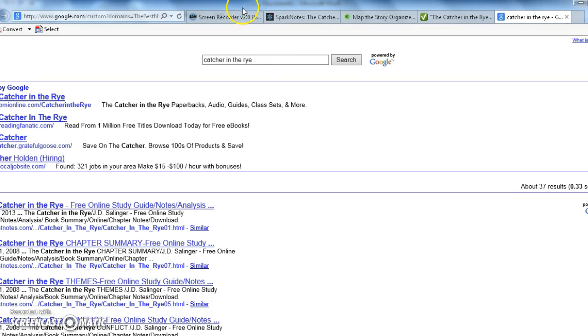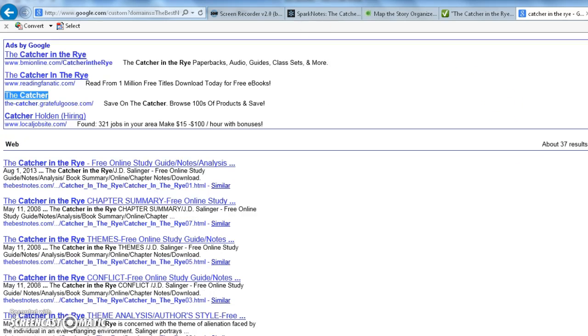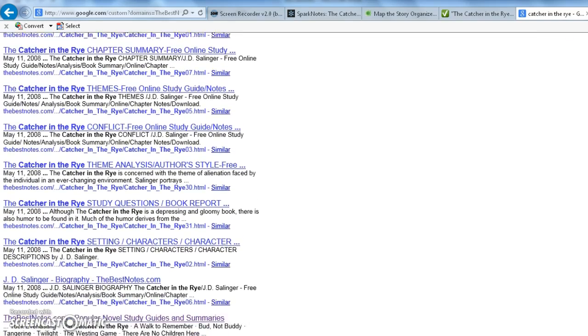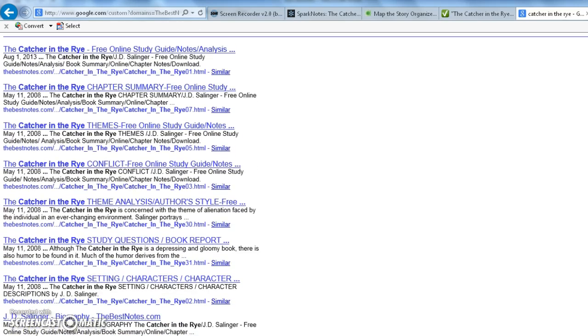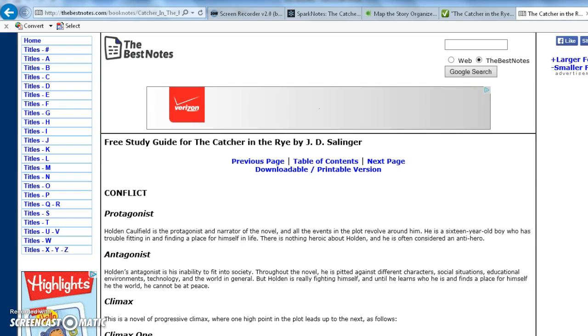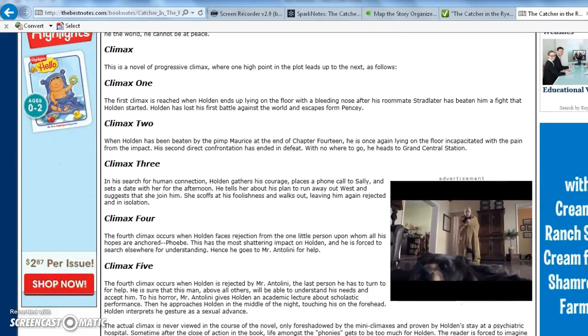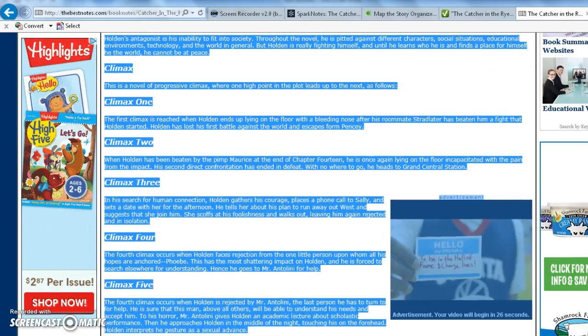So again, it brought up all of the notes that are in bestnotes.com. And you can go through and pick out what you need exactly for your students. So here's one about conflict. My student needs help with the conflict. So it goes right into who is the protagonist, who is the antagonist, different climaxes. So again, if this is something you want to preview with your student, you can just go through and copy it,